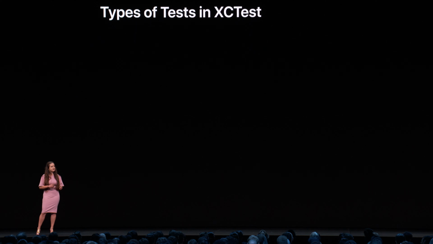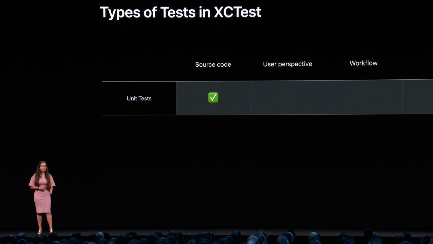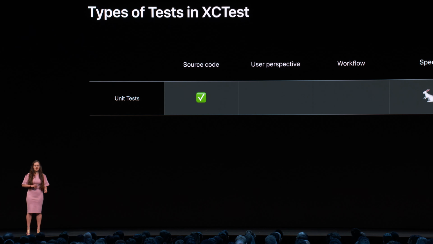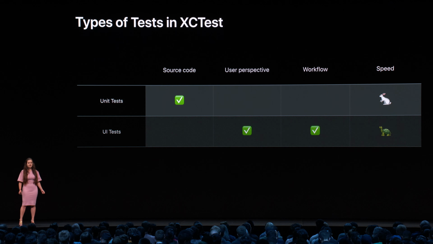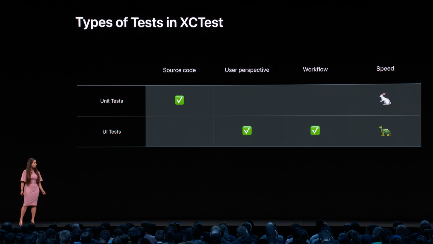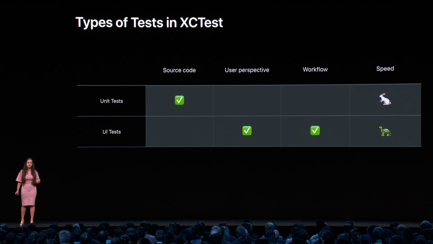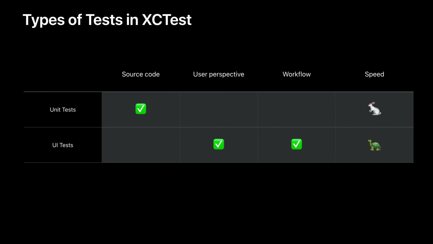So we just went over how to balance your test suite, but now let's switch to the tools provided by XCTest to help you implement it. Unit tests in XCTest are all of your tests targeting your source code. This includes both your standard unit tests and also your integration tests. UI tests execute on top of your app's UI to provide end-to-end qualification of your app. UI tests are also black box tests because they won't rely on any knowledge of the functions or classes actually supporting your app. UI tests will be able to make sure that everything behaves correctly at the very end.